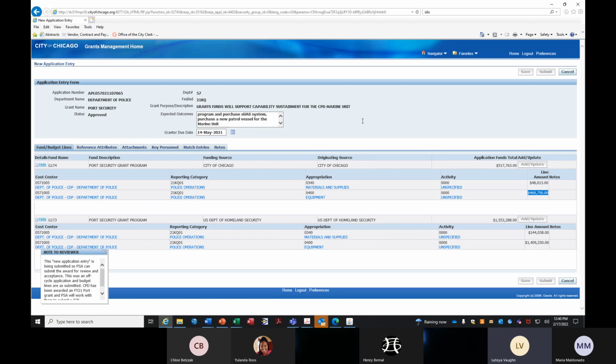Some grants are on the pre-approved list, and that means that they can bypass the application form initially, but they still have to comply with the application and award review process. And we'll talk about that in more depth, but the pre-approved process allows departments to use this budgeted amount